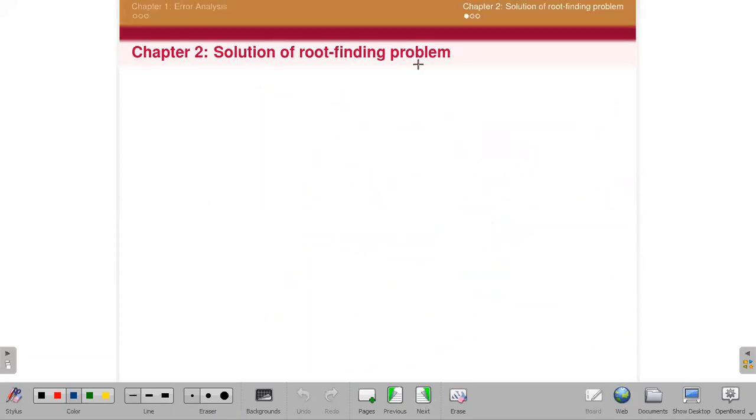Solution of root finding problem. Actually, now onwards we will look into the numerical techniques also. Various techniques you will find out that with that technique you will get the solution of the mathematical problems or numerical problems, you can say. So solution of root finding problem, as from the name you can see, you are finding the root of any non-linear equation here. So suppose you have a function. Suppose I'm taking one normal function x minus 2, suppose x minus 2 equal to 0.